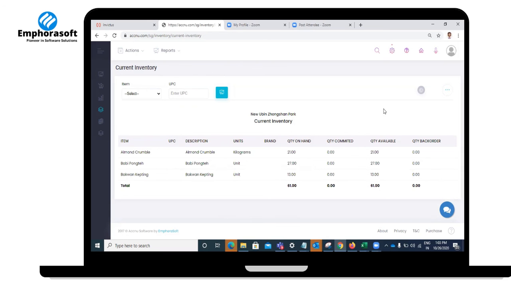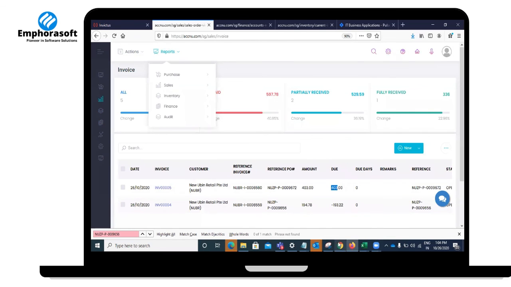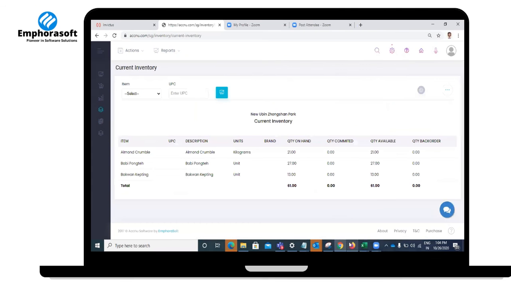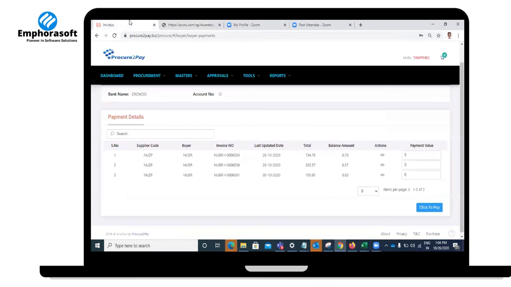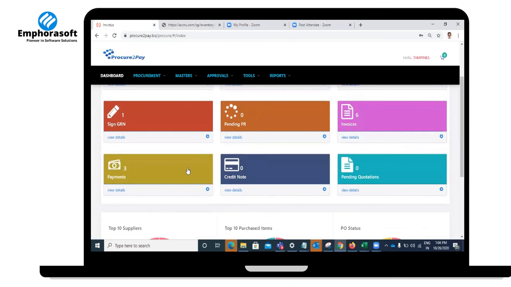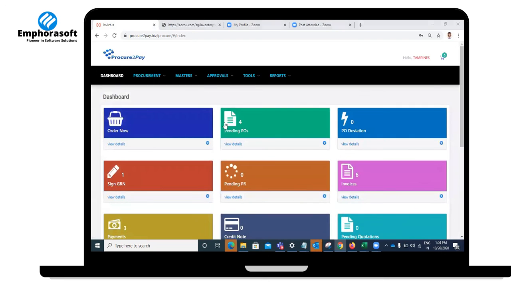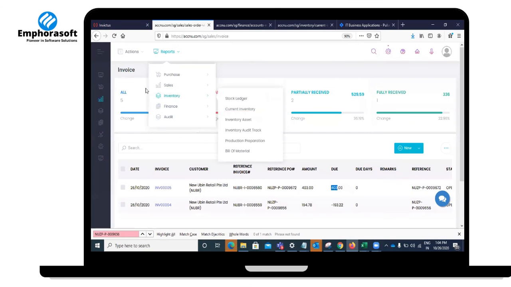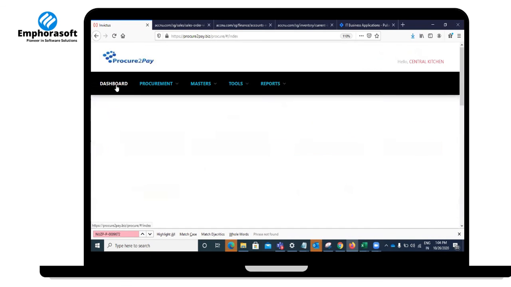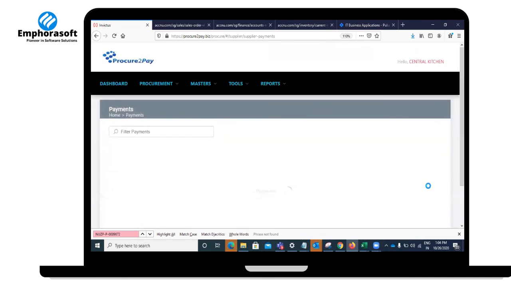Okay, now you have accepted and sent the payment, right? The supplier side has to approve it. So he will verify it, and then approve the payment.